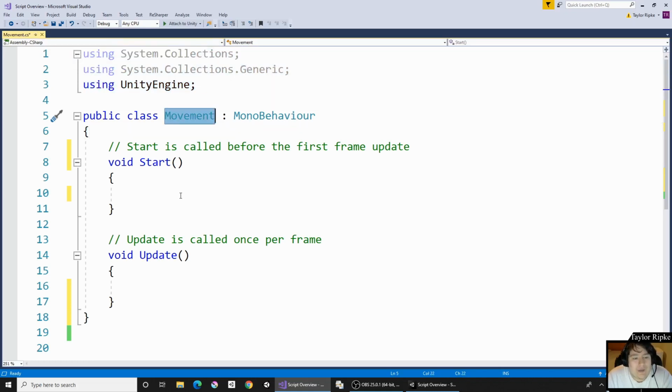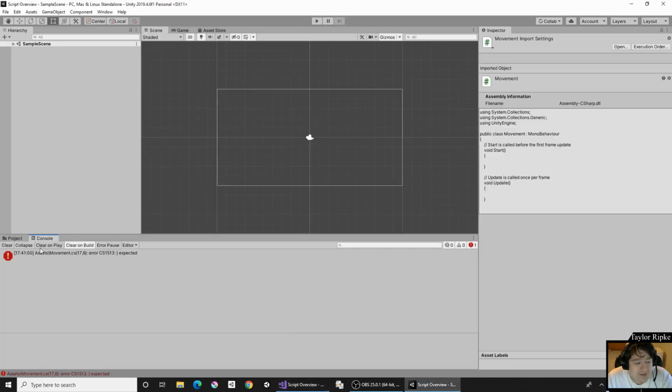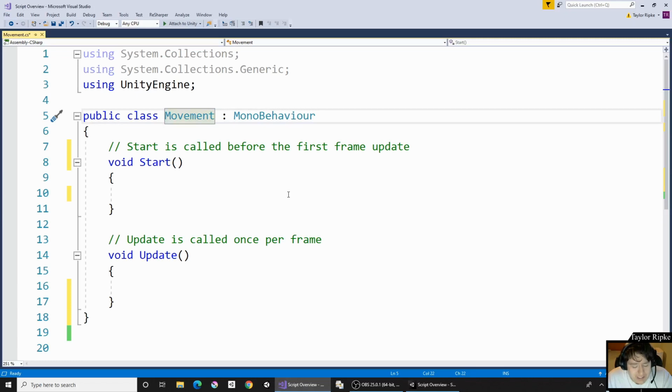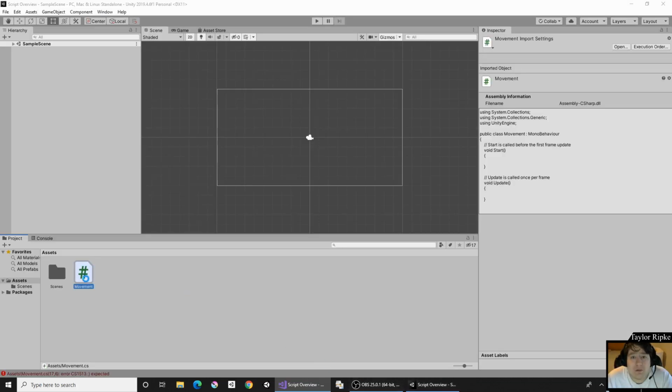Okay, so then we have Movement. Movement was the name of that script that we defined back inside of Unity. You'll notice that the name here needs to match this name here. Go ahead and select Project. If for some reason you were to name this different, so if I were to change this to, or maybe put an extra T on it, like that, you'll notice this name does not match this anymore, which is going to be an issue